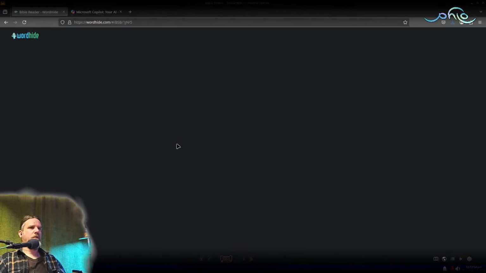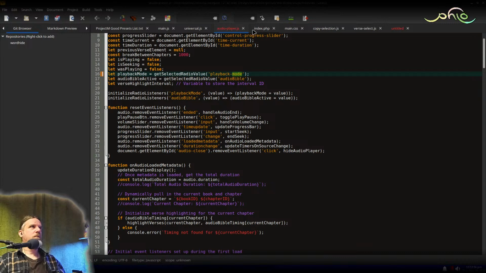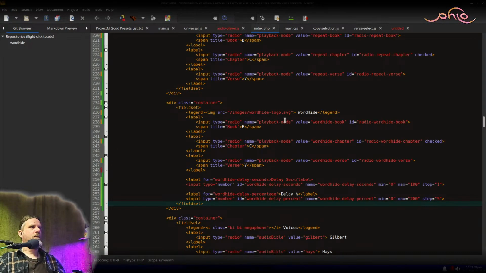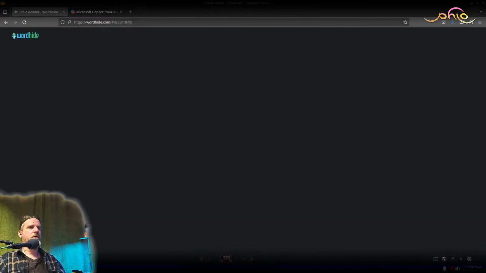Is that what I called it? Playback mode? Yeah. This is going to break, it won't work. But I need to just get around that error so I can render the screen.